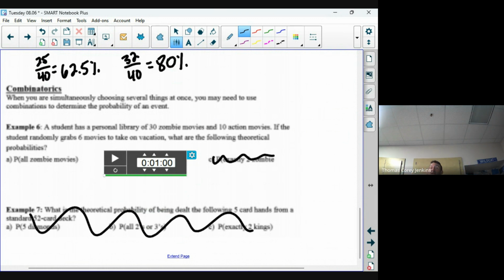Okay, so what's that mean to select several things at once? Read our prompt here. A student has a personal library of 30 zombie movies and 10 action movies. If a student randomly grabs 6, is